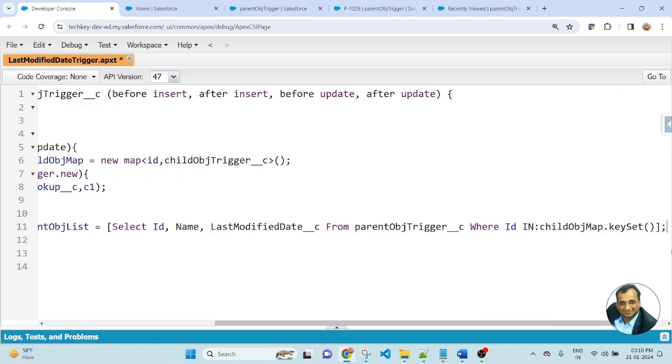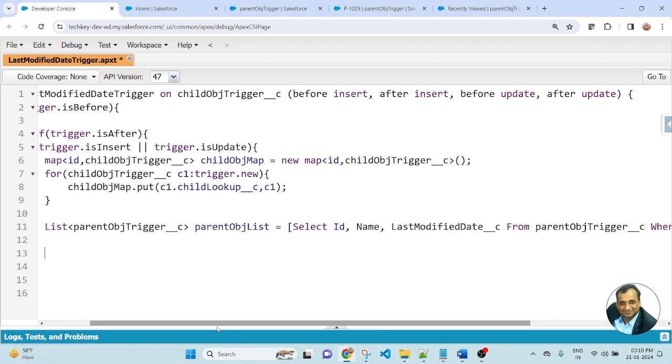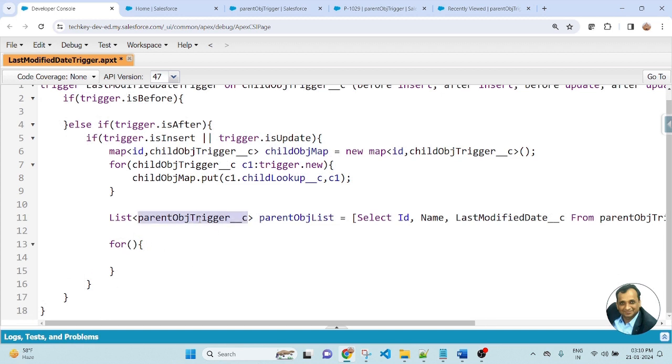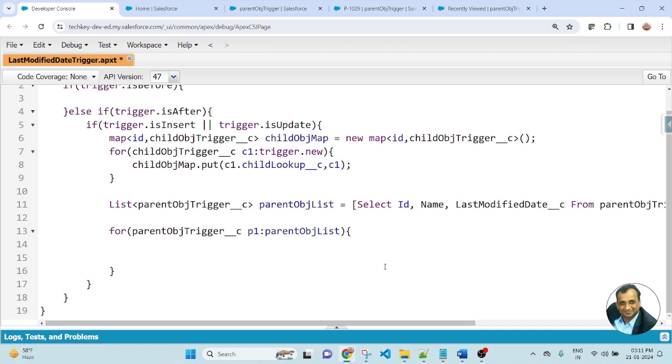After that I will write a for loop. Inside the for loop I am passing the parent object here. Write the variable name p1 colon. Here I am passing the list of the parent object. Inside the for loop I will update the last modified date of the parent object to the child object's last modified field value.